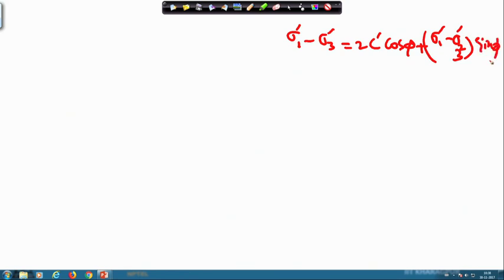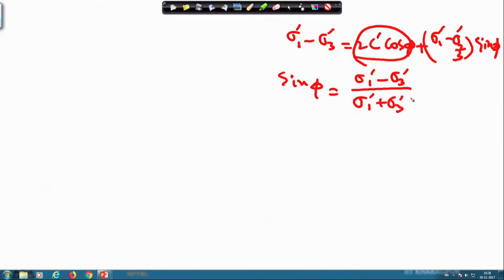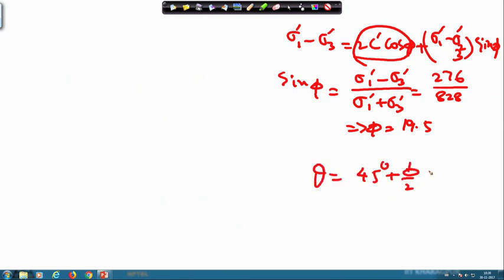Since c is 0, sin phi will be equal to sigma 1 dash minus sigma 3 dash by sigma 1 dash plus sigma 3 dash, and if you do that, you will get 276 divided by 828, and this gives you phi equal to 19.5, same. And once you get this, you get theta equal to 45 degrees plus phi by 2, and again we get the same thing,